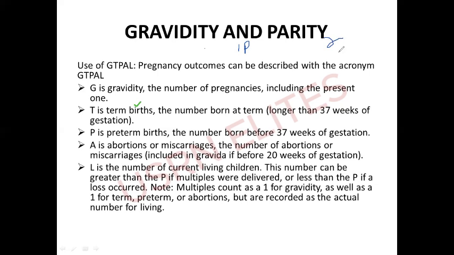The current one. But in the first pregnancy, the woman has 2 children out of the first. Okay, yes, the parity with twins will still be 1. Oh, okay. So it will be gravida 2 para 1. Mm-hmm. Then when it comes to the living, the living will become